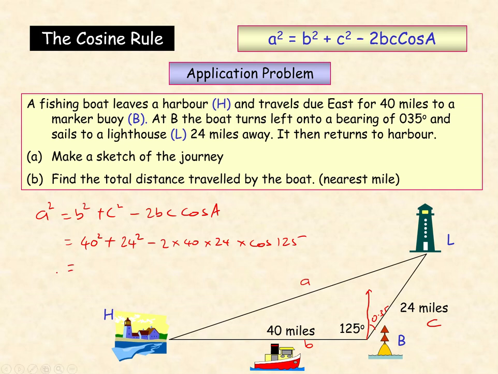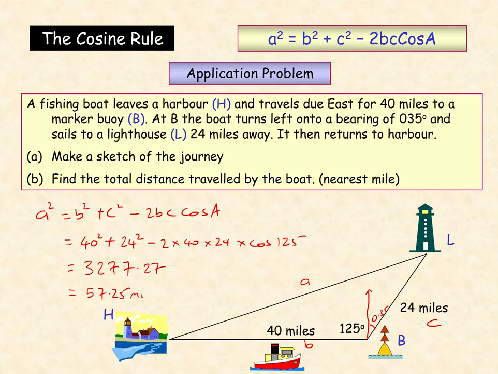Plug that in my calculator, see what I get. And I've got 3,277.27. Now I left that in the calculator. I didn't round in my calculator, and I'm just going to do square root of the answer. So square root of the answer, and that gives me 57.25. So I can round now. 57.25, but because I left the whole number and the rest in my calculator, I get a more accurate answer,